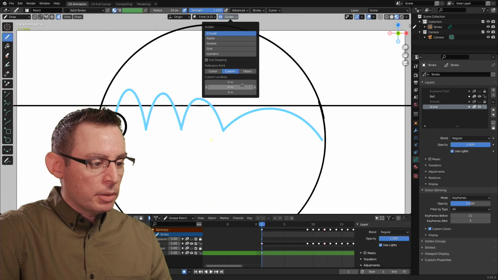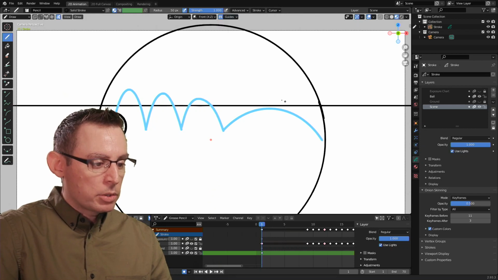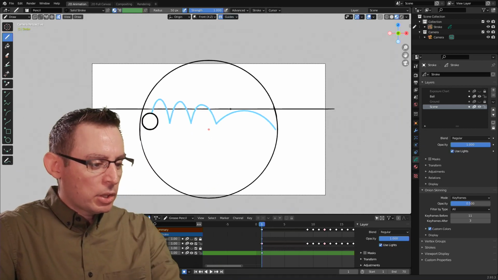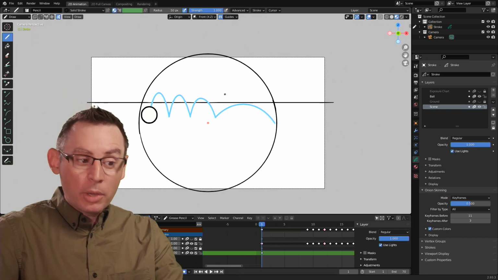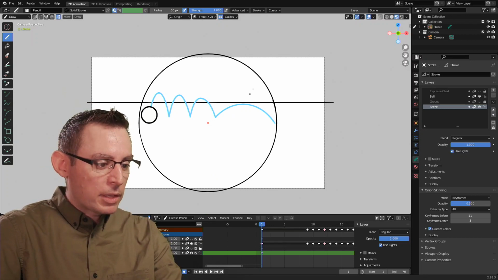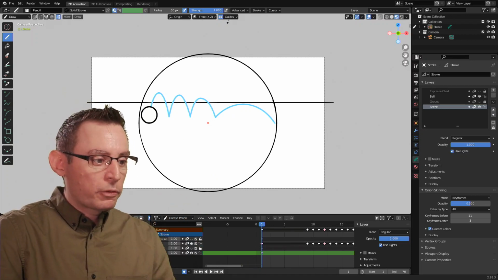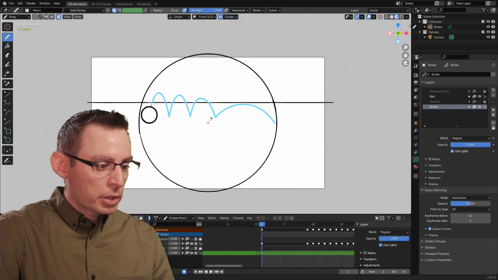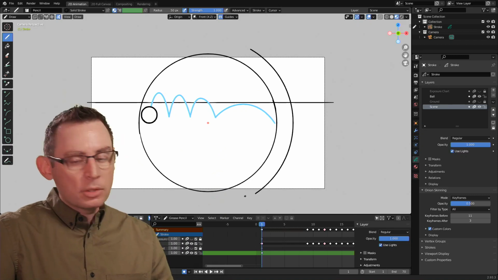Now, some of these guides have some customization parameters down here. So I could do custom and make my own center point, or I could do it at the object, for example. It just allows us to make a circle around a location. Now, the radius of that circle depends entirely on where we first click. Let's go back to cursor. Now the 3D cursor is this orange thing, and if I click way out here, you can see that my circular stroke is over there.